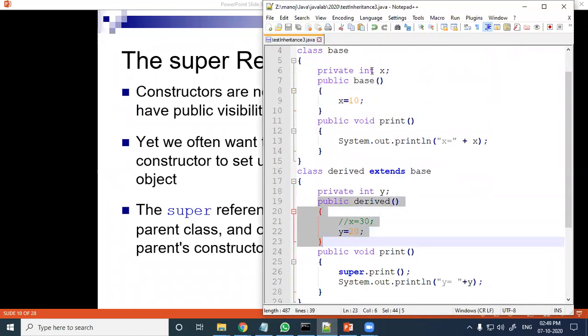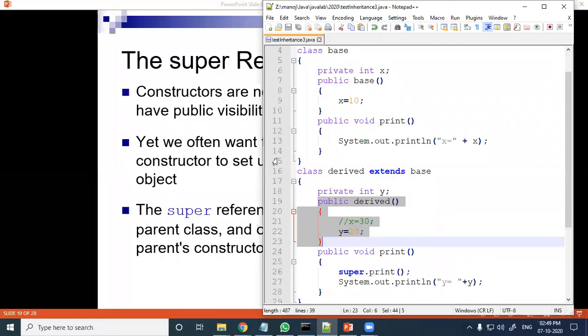It is automatically called. But if the constructor is a parameterized constructor, then the constructor of the base class will not be called automatically. There you need to call it, and at that time the super keyword is required.